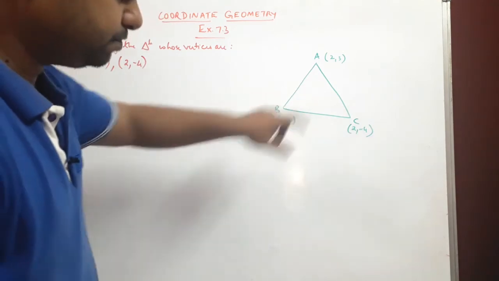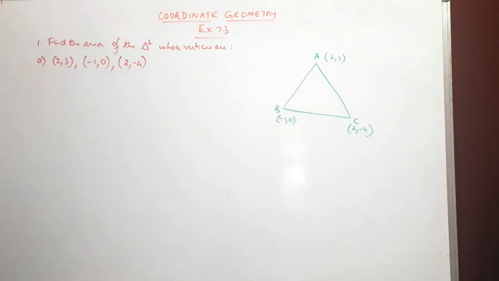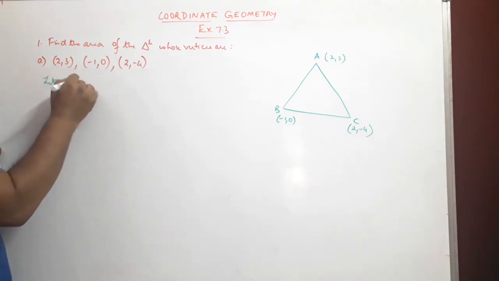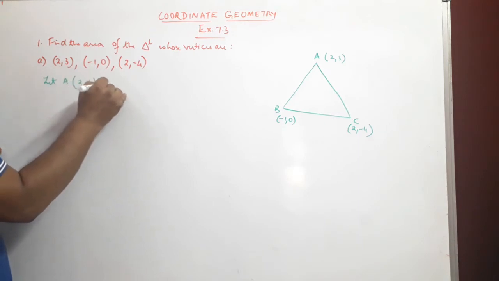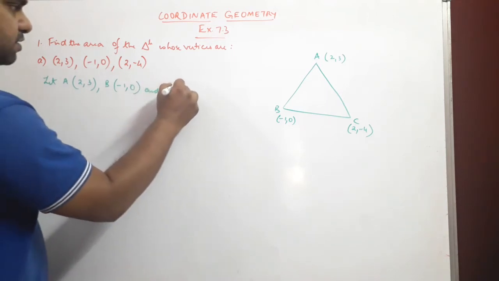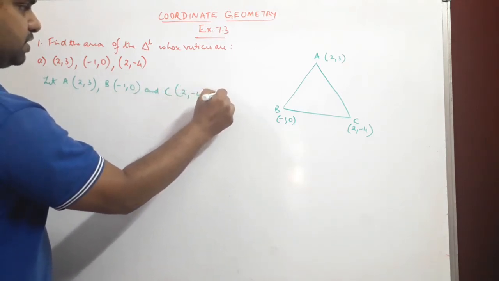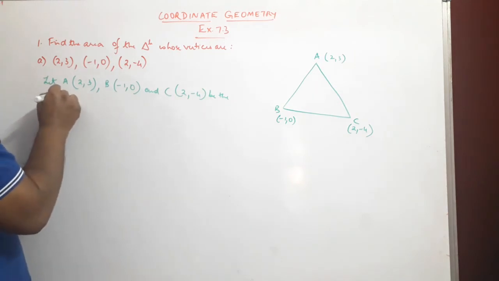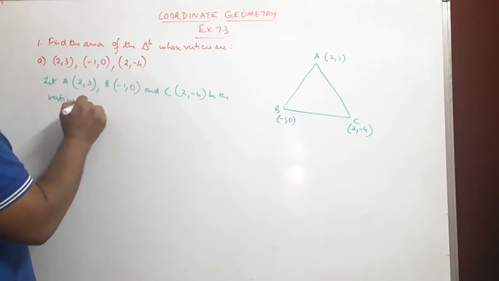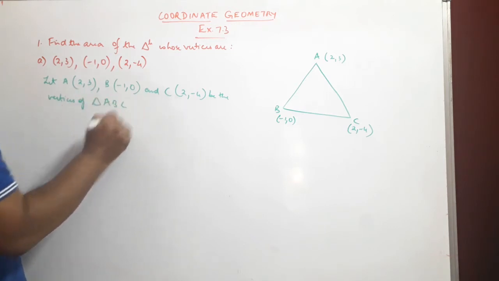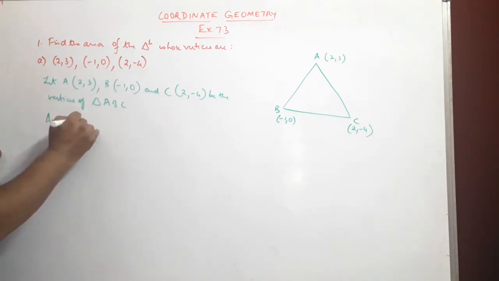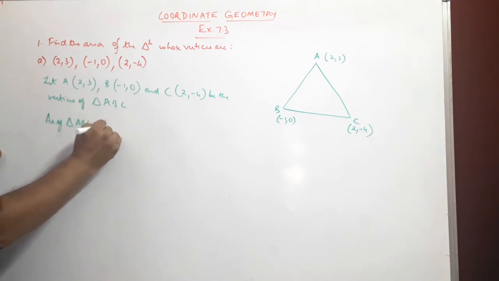There's no need to draw a triangle. This is just for reference sake since we're beginning the first problem. So we need to assume let A 2, 3, B minus 1, 0 and C 2, minus 4 be the vertices of triangle ABC. Okay. Now area of triangle ABC will be given by half into